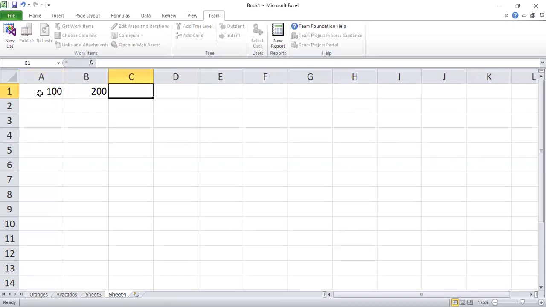A1 is the cell number. So this cell is called A1 and this other cell is called B1. That is how it goes. So these cells, that is the name that we give to the cells. So now, since today we are just beginning, I'll